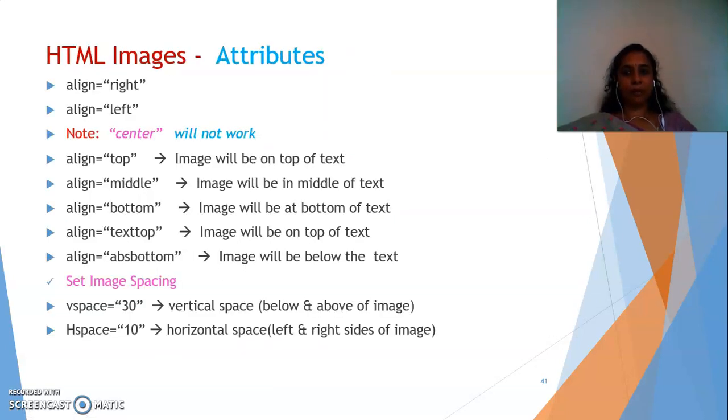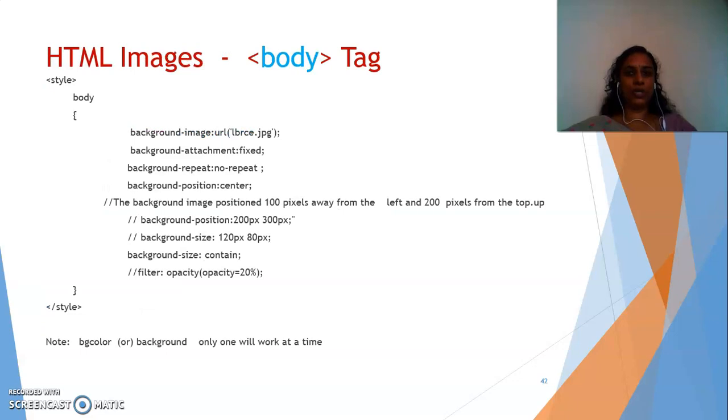You can practice this alignment of images with various values like top, middle, bottom, etc. All these are attributes that you can use along with the image tag. For the img tag, with src and align, you can use either left or right as the values. Similarly for alignment, top, middle, bottom, you can use. And if you want to give image spacing, you can use vspace and hspace and try it out. And this is a small sample program. Okay, thanks.